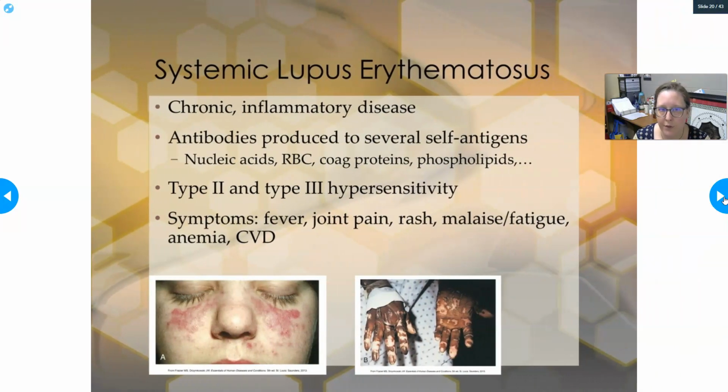So let's look at a few of them. Systemic lupus erythematosus, also referred to as lupus or SLE. It is a chronic inflammatory disease. The antibodies are produced against several self-antigens, such as nucleic acids, red cells, coagulation proteins, phospholipids, etc. One of the theories behind that is